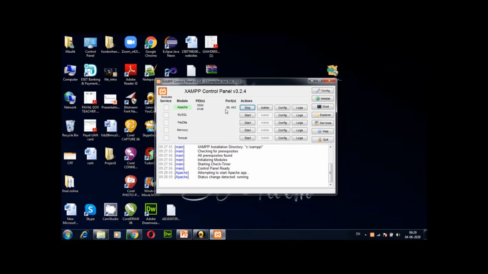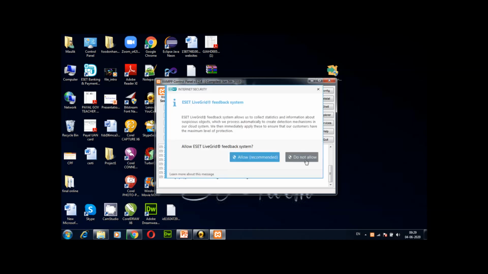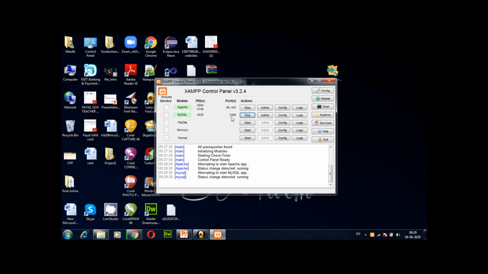One of the port numbers is set in the PHP configuration file. Same, I will start the MySQL server for database support. Also it will have a green background and show me port number 3306, and this is set as the MySQL port number in the PHP file.